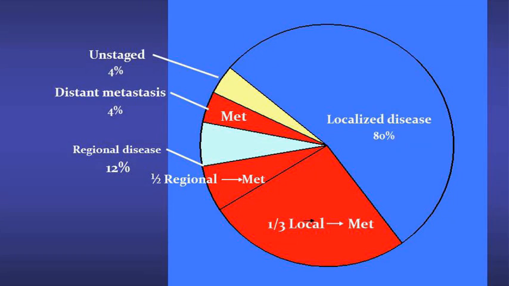So this is the same wheel, but these are the ones who end up with metastatic disease and are the ones who are likely going to die from their disease. So the localized ones, about a third of them develop metastatic disease. So the majority of the patients do okay, but a third of the ones with localized disease develop metastatic disease. About half of the ones with regional disease develop metastatic disease, and of course those who have metastatic disease off the top